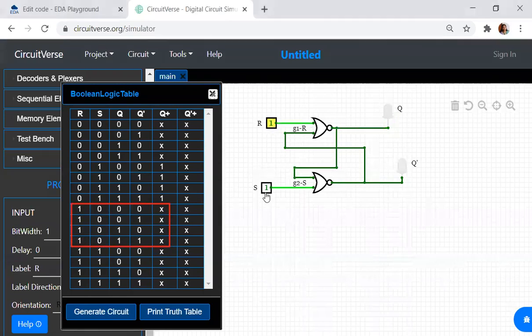R is 1 and S is 0. When R is 1, S is 0, what is the output? Now when R is 1 and S is 0, first you can see that initially, let me take Q to be equal to 0. When Q is 0, 0 is available over here because Q acts both as input and output.